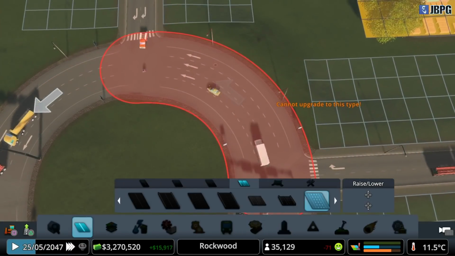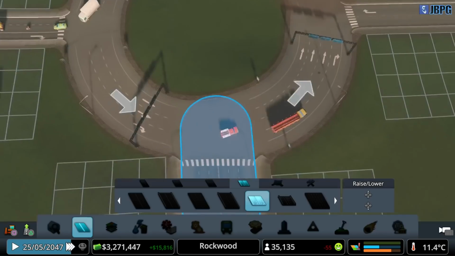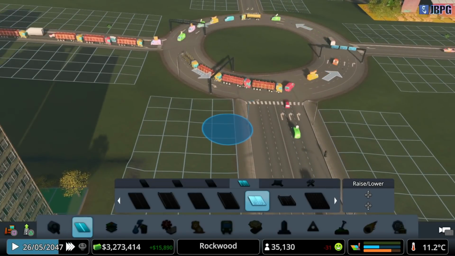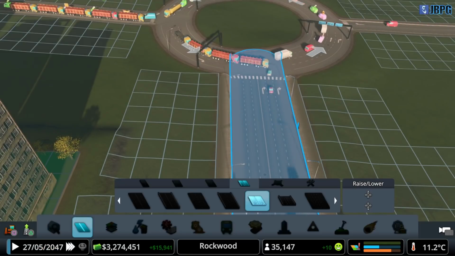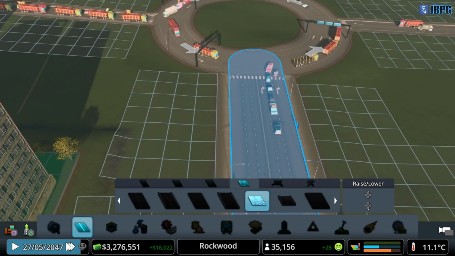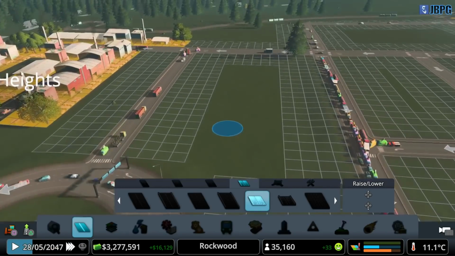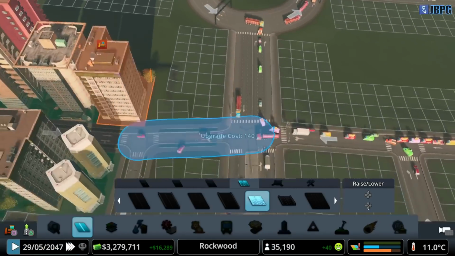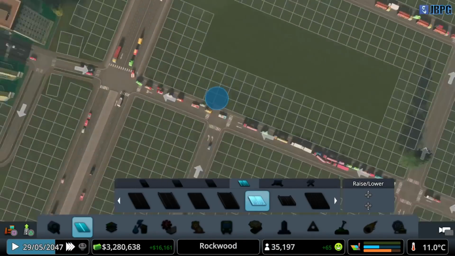Actually, no, I want that to be a 3-lane, don't I? I'm going to want to try creating dedicated lanes just for specific. It's not going to work, is it? See, the traffic's filtering down here, but why is it filtering down here if it wants to go this way and then